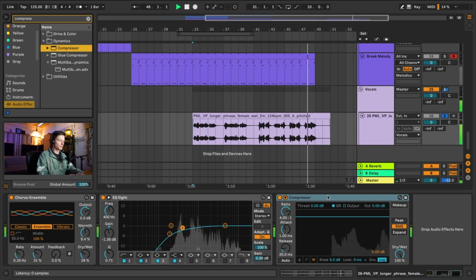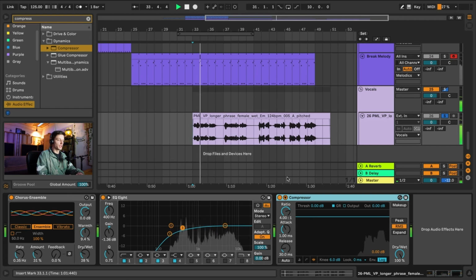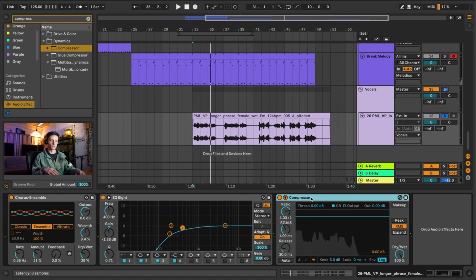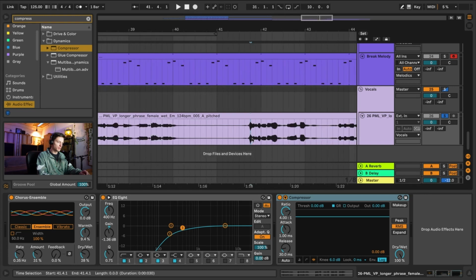Next thing I will do is bring in a compressor, because I want to keep the dynamics in check. Usually it helps with vocals to compress them, to make them really dense so they stand out in the mix. You never want to drown a vocal so that you're listening and thinking, oh, okay, there's a vocal somewhere. This should be really straight up, and I want to achieve it by compressing it, meaning the louder parts of the vocal, if you look at the waveform, like this initial pop here maybe,